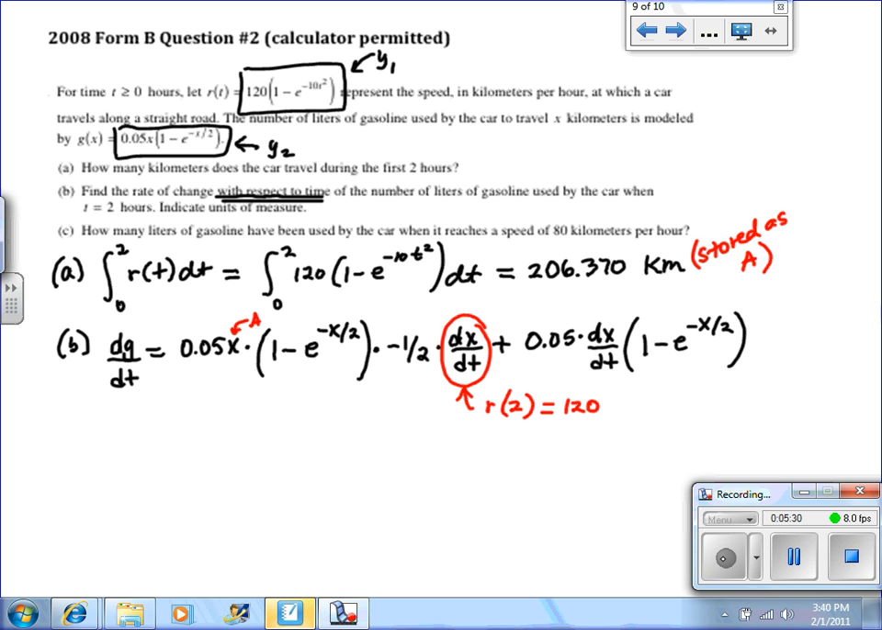Okay, so let's plug in everything we know. So dg over dt is equal to 0.05 times A, 1 minus e,